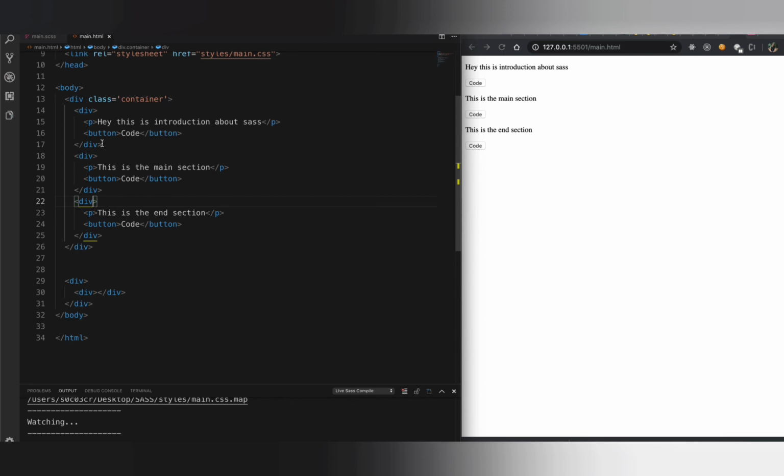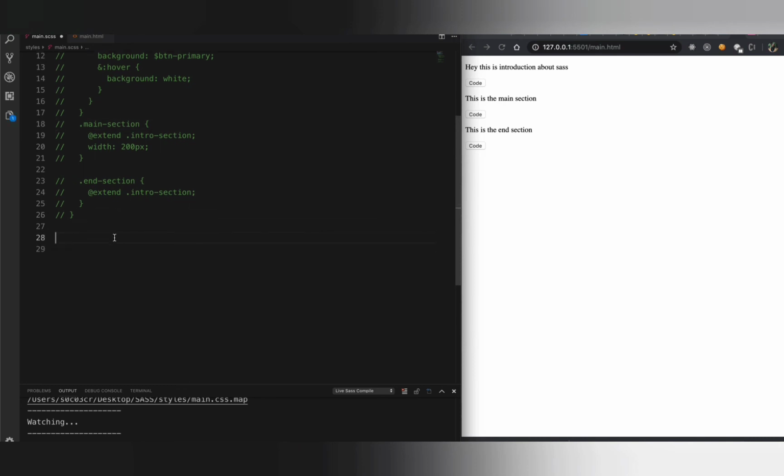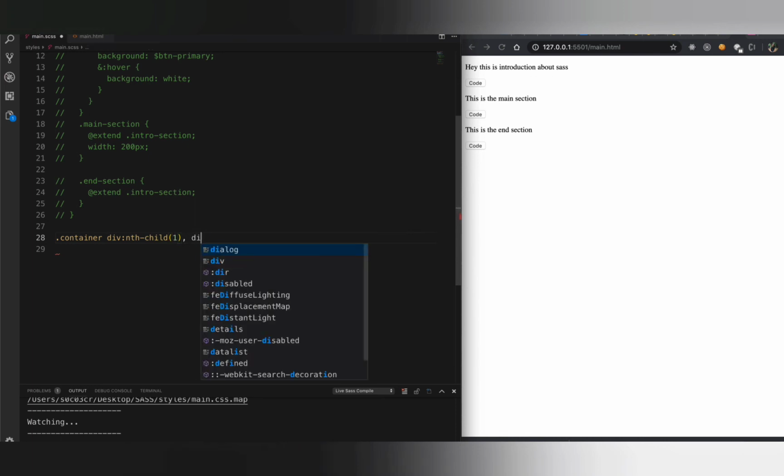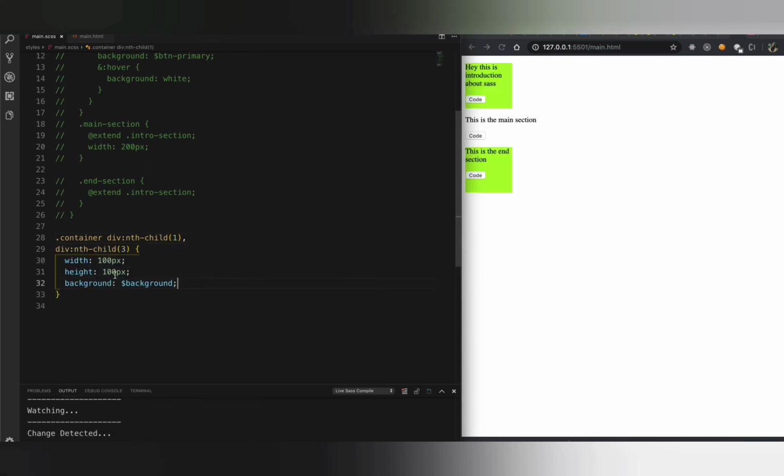If we have to do it in basic CSS, we need to use nth child and say the first child, the second and the third child. Basically, these are first, second and third child of the container. So first I'm going to write the basic CSS for this so that we can have a better comparison. So to my container, we have a div. In that, the nth child, the first child. We know that the first and the third child had the same style, so I'm going to say comma div nth child, basically the third child. And the styling for this is 100 pixel and this particular color that we had.